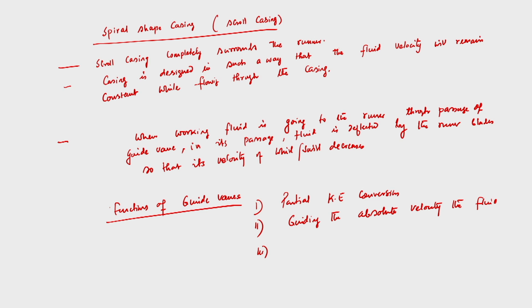So it acts as a governor, I mean it controls. That means by suitably tuning the guide vanes we can control the direction of fluid flow, and we can control the amount of fluid that is entering, so that it acts as a speed governing mechanism. Depending upon the load requirement of that particular power plant, we can change how much quantity of water will go to the runner at a given time by opening the wicket gates.